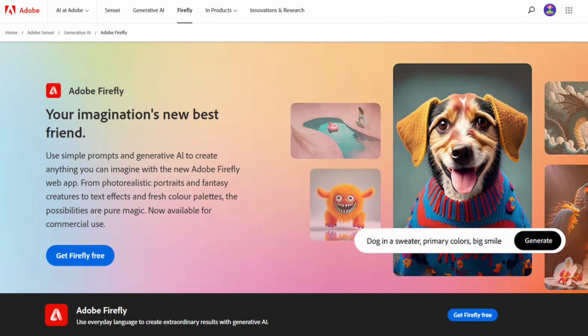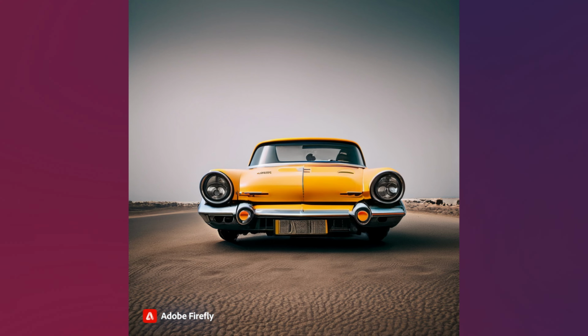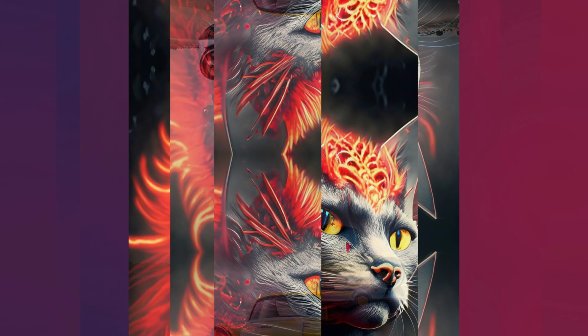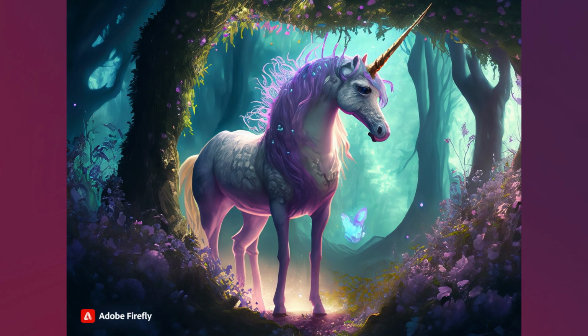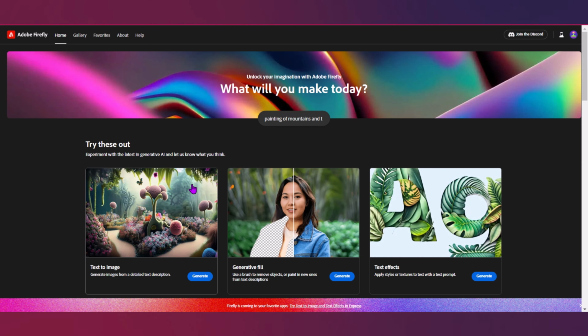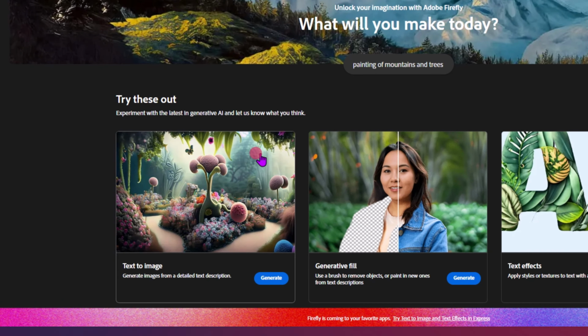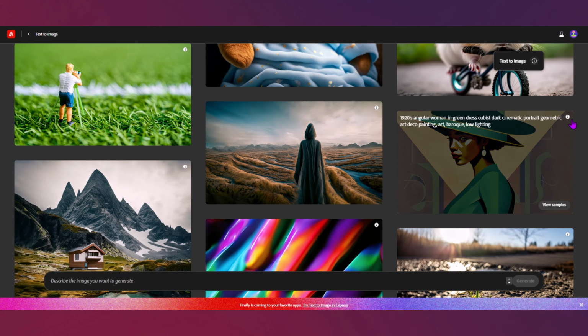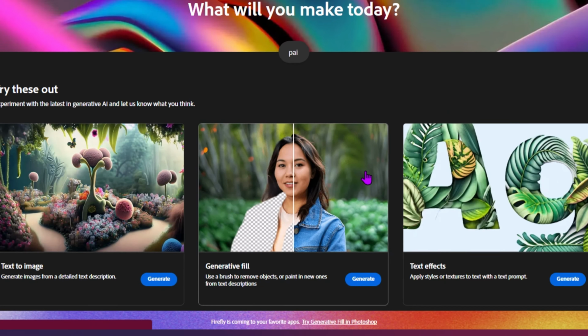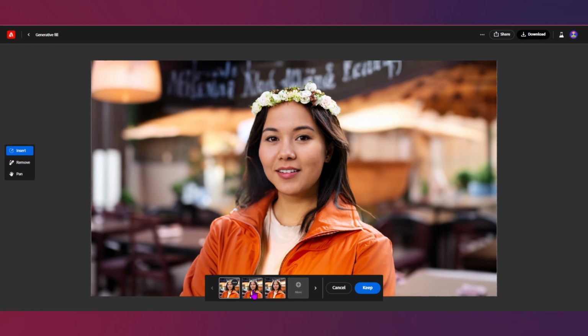Adobe Firefly, a generative AI system within the Adobe Creative Cloud Suite, is currently available for free use. It is still in beta testing, but it has the potential to revolutionize the way creatives work. First, let's take a look at what their interface looks like. We have text to image: you can generate images from a detailed text description. Next is generative fill, using a brush to remove objects or paint in new ones from a text description, and